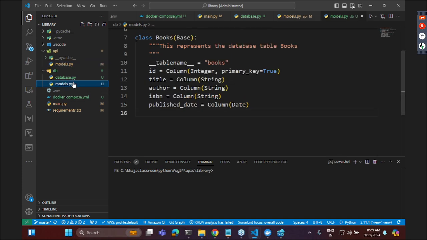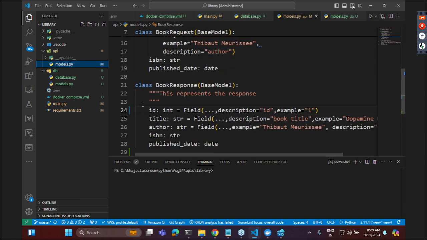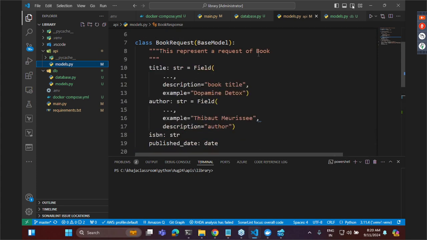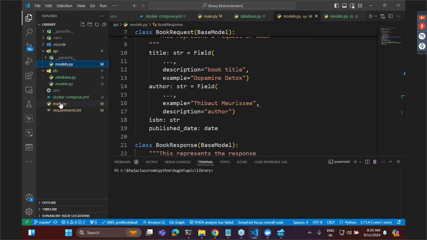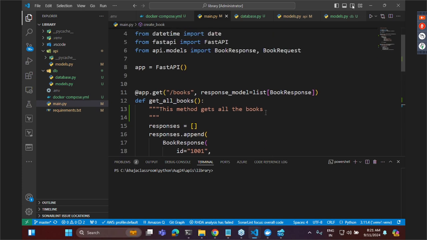Now let me go to this models. Okay, this is fine. Now for the ID we wrote yesterday, we need to put 1 here, because it is no longer a string, or 1002, something like this. So this is something you need to change, but for now what I'll do is